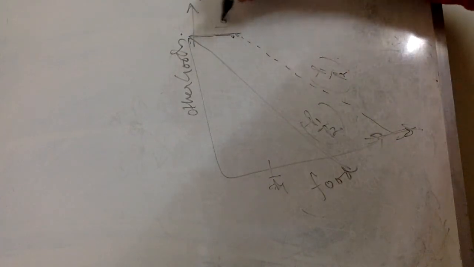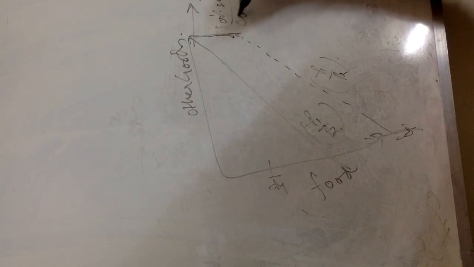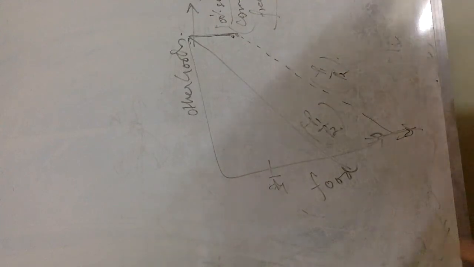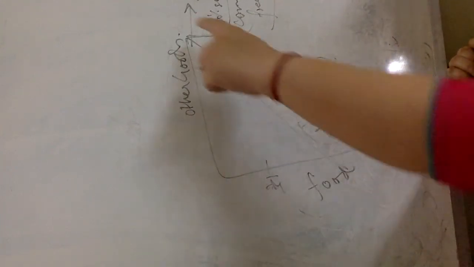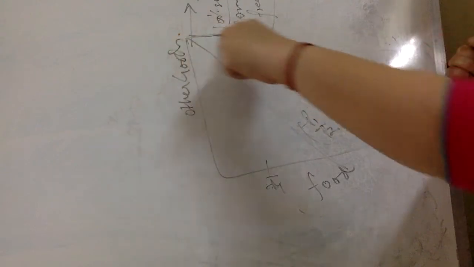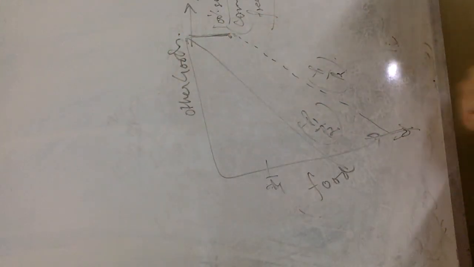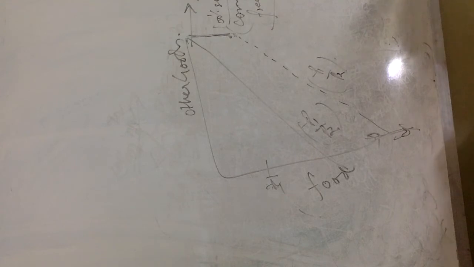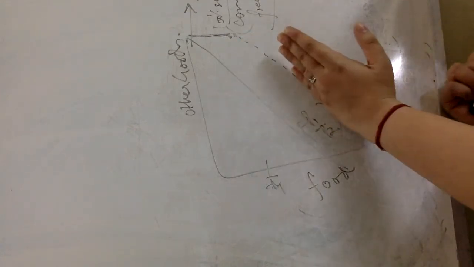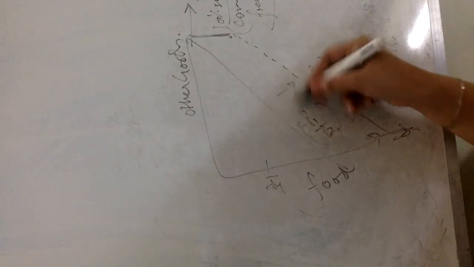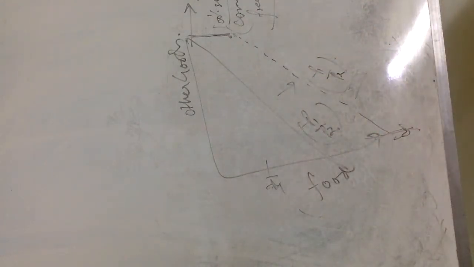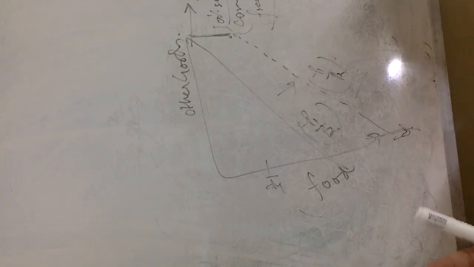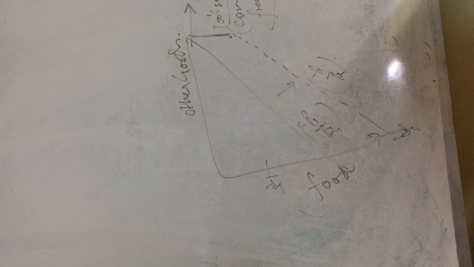So if there is a 100% subsidy, it means it's a completely free commodity. Food is completely available freely till x1. So this is how my new budget line will look. It will be completely horizontal till x1 bar, and it goes parallelly rightward with the same slope, because there is no change in the prices of the two commodities. So this completes my chapter on the budget constraint. Now I move on to the new chapter.